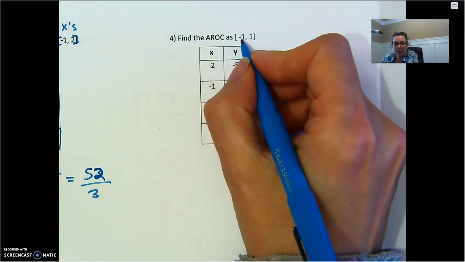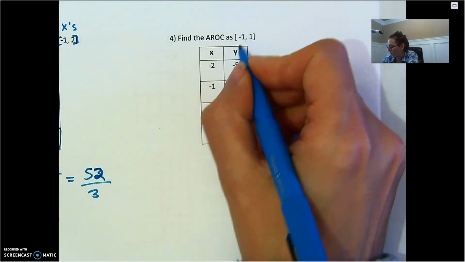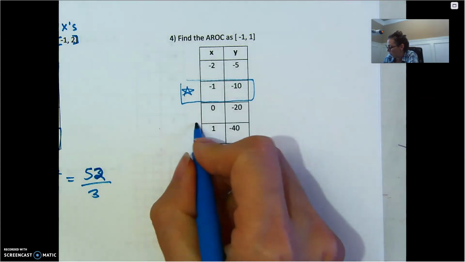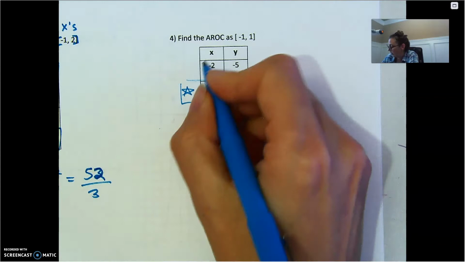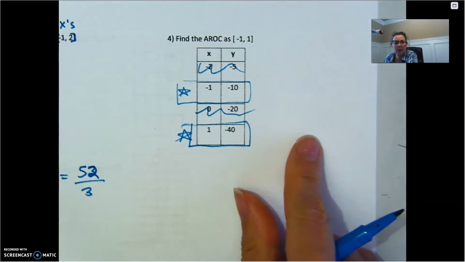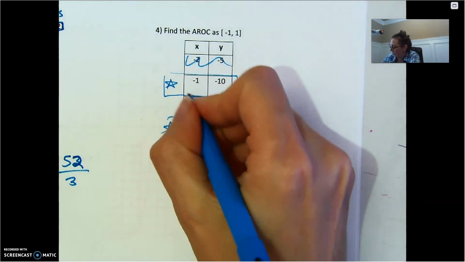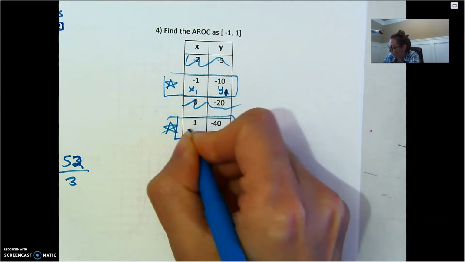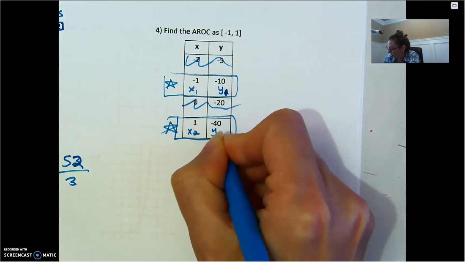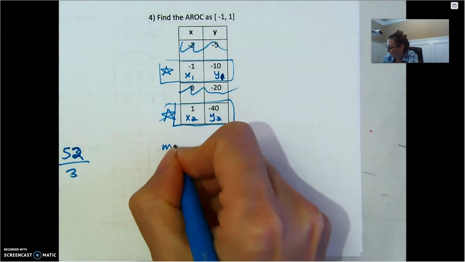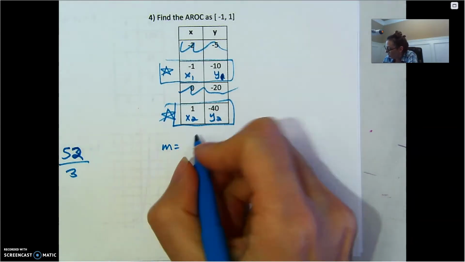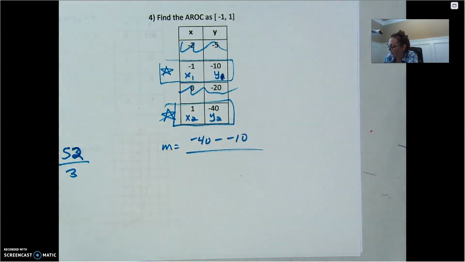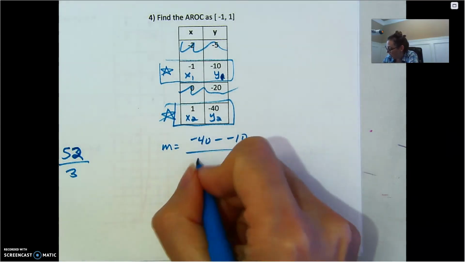We're going from -1 to 1. So -1 is right here to 1. Ignore everyone else, right? Scribble them out so you don't get distracted. This is my first point. This is my second point. So for our average rate of change, we have -40 minus -10. On the bottom, we have 1 minus